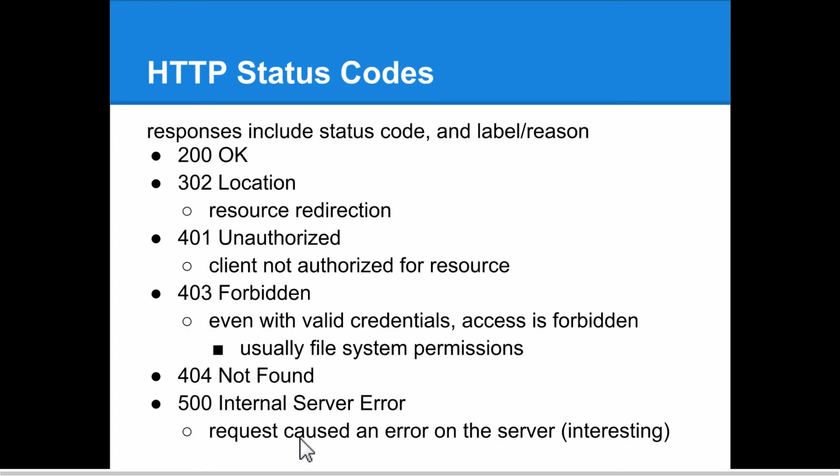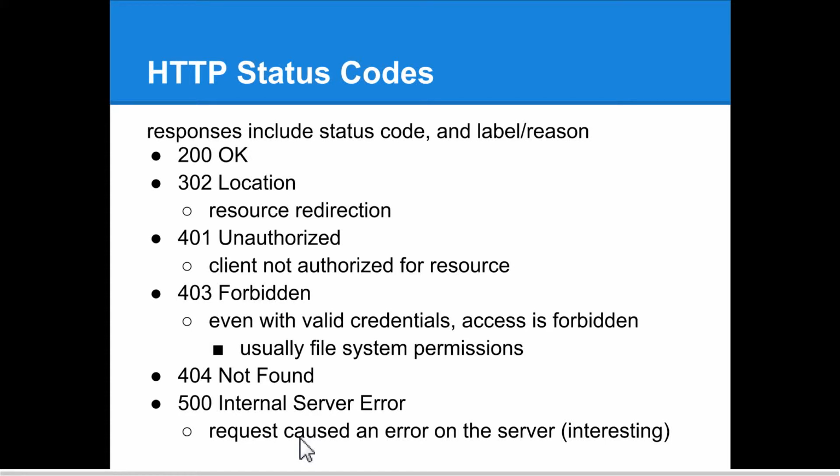So these are some really common status codes. 200 is okay, and it's usually accompanied by data for a web page to be displayed in the client's browser. 302 usually means the request is being redirected to the actual location of the intended resource. 401 means the client is not authorized for that resource. And I'll cover that in the next slide because